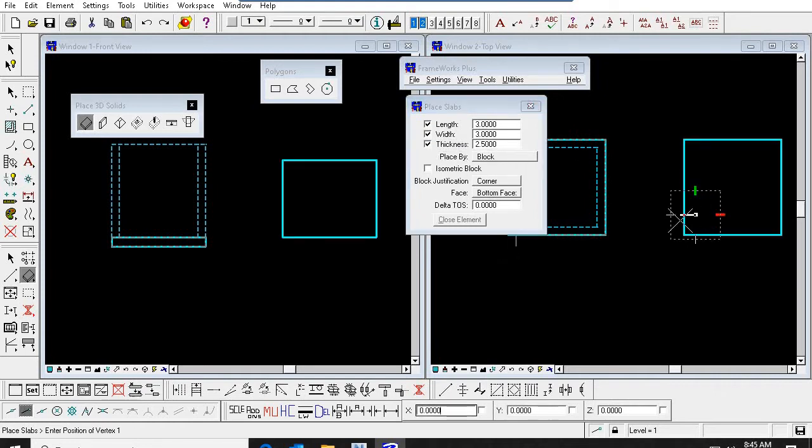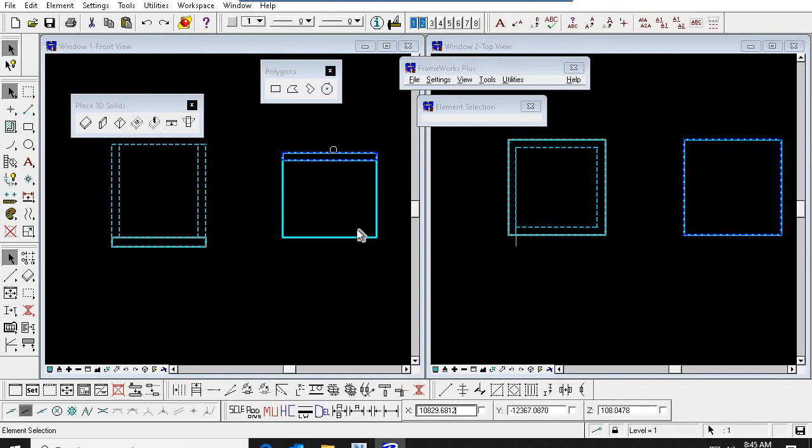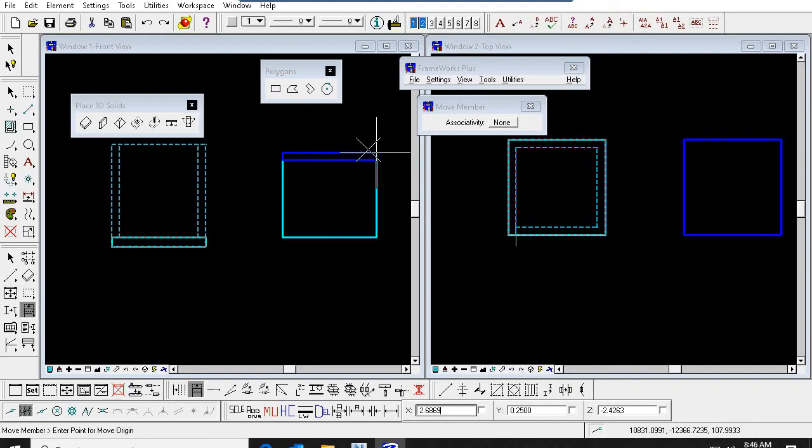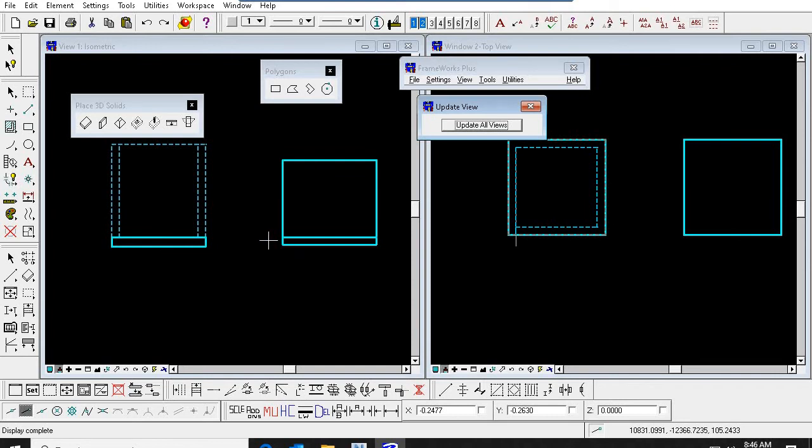Okay, so I placed one block. I'm placing one more block. I'm moving this. This is bottom slab and this is the pit.